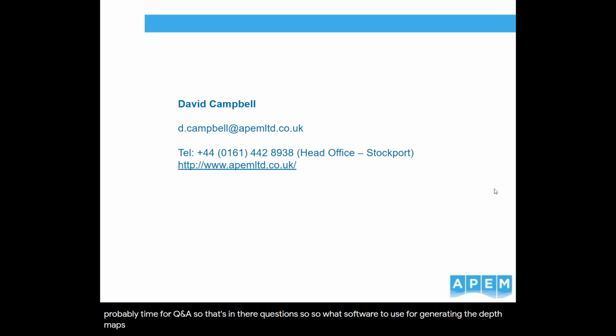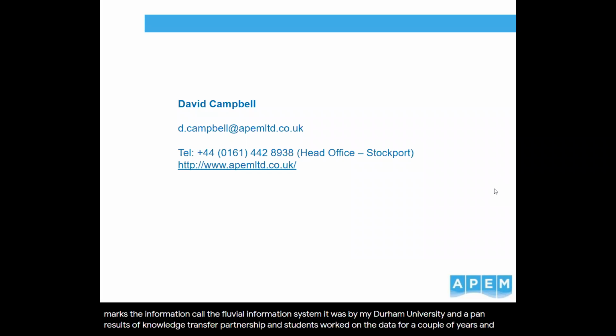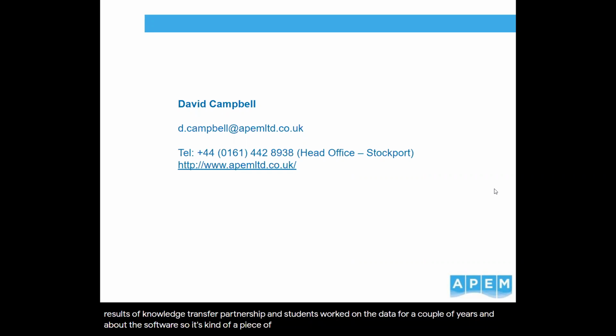So this was a piece of software called the Fluvial Information System. It was developed by Durham University and APEM quite a few years ago. It was a result of a knowledge transfer partnership where a research student worked on the data for a couple of years and developed the software. So it's a bespoke piece of software specifically for mapping habitats. In terms of cost, for the next one,